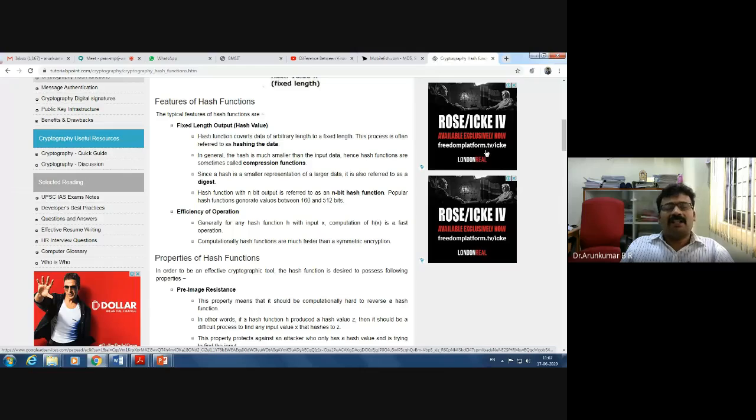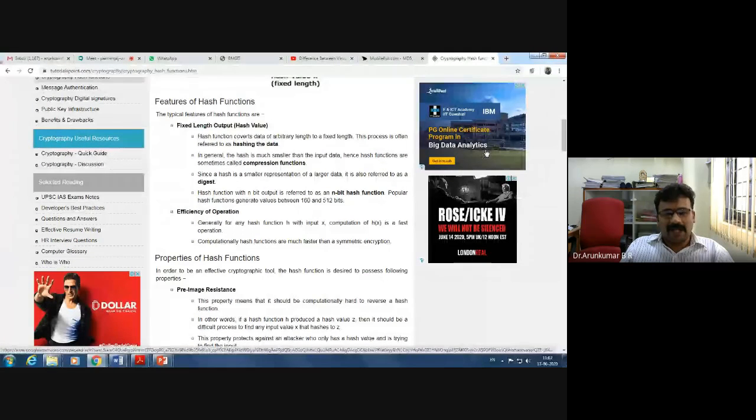We have to look at a very important property of the hash function, because of which hash functions are extensively used in many of the security solutions, including the blockchain. That is the property pre-image resistance. This property means that it should be computationally hard to reverse a hash function.